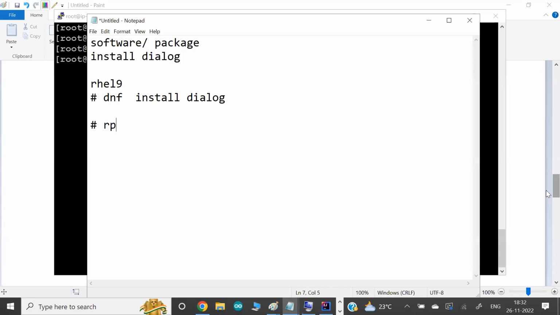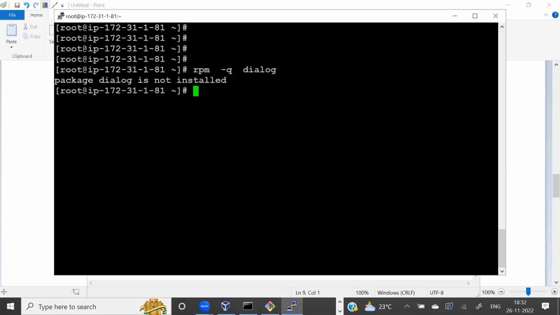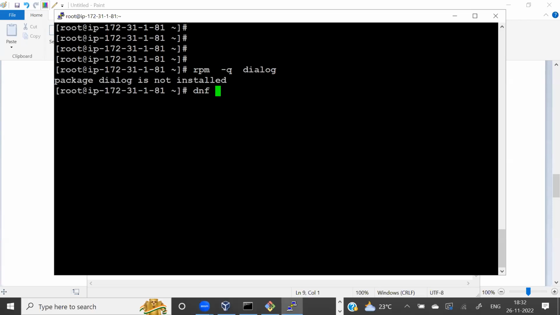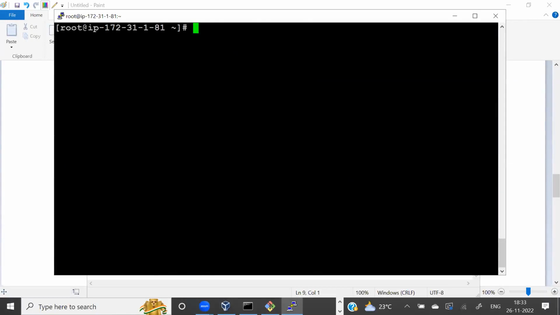In Red Hat the software format is known as RPM, Red Hat Package Manager, so the command is also rpm with q to query. If you run this query, it says no, it's not installed. Do you want to install it? We can use the dnf command to install it. I say yes, it installs, and again we can query it.